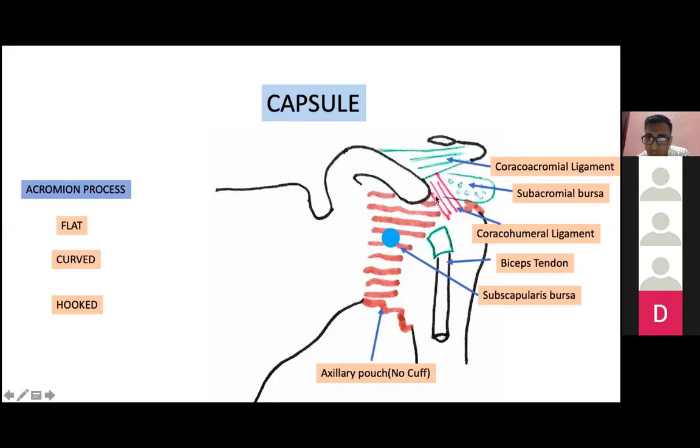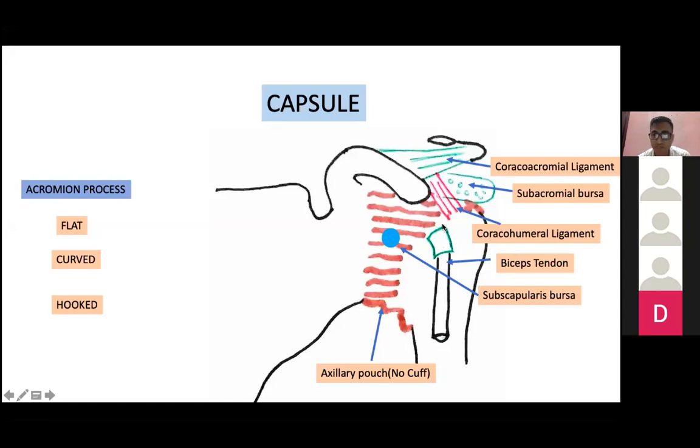And another important ligament here is the coracohumeral ligament, and this prevents upward migration, thereby increasing the stability of the shoulder. So this coracohumeral ligament should be preserved in rotator cuff surgeries and other surgeries around the shoulder joint. This is the subacromial bursa, and this is the coracoacromial ligament that fans out to the acromial process from the base of the coracoid process. And this is the synovial sheath of the biceps tendon, which we look for